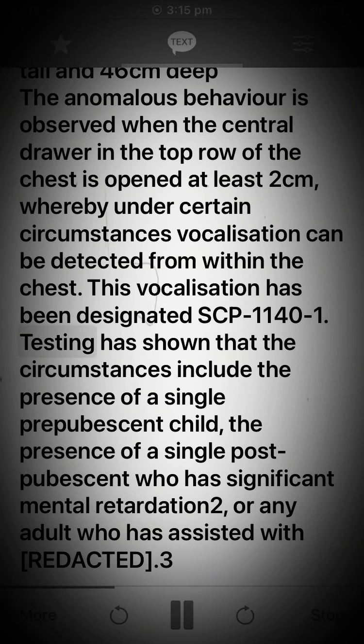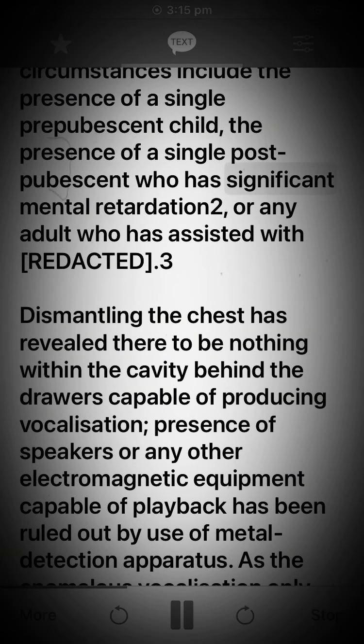SCP-1140-1. Testing has shown that the circumstances include the presence of a single prepubescent child, the presence of a single post-pubescent who has significant mental retardation,[2] or any adult who has assisted with [REDACTED].[3] Dismantling the chest has revealed there to be nothing within the cavity behind the drawers capable of producing